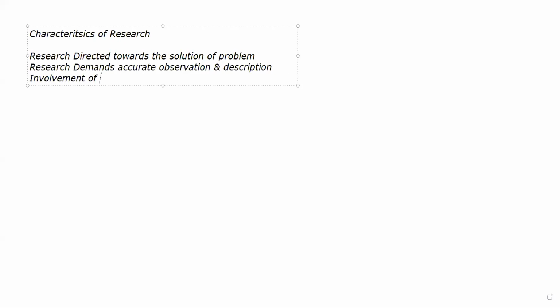Then, involvement of data, new or existing. Now, research essentially involves reading a lot, collecting a lot of data. Even if you collect data which is old or you are gathering new data, in either of these cases, it is very important that you go through a lot of data. Okay, आप literature review भी पढ़ रहे.